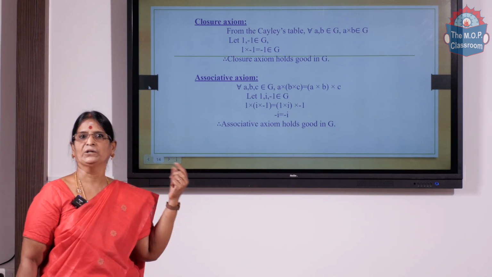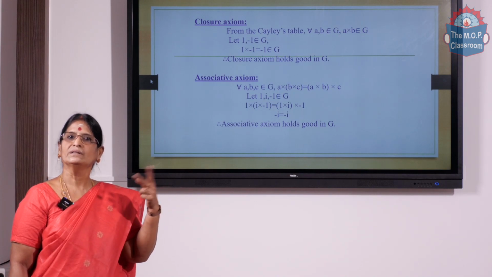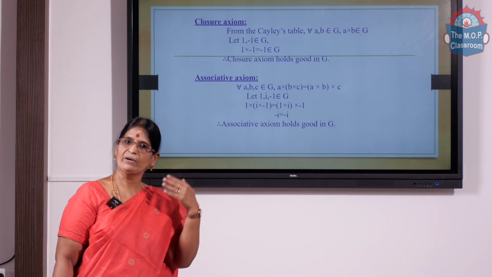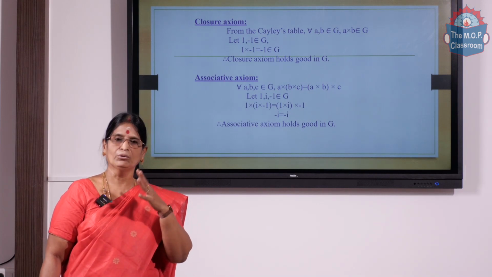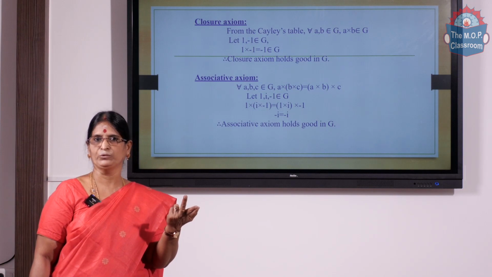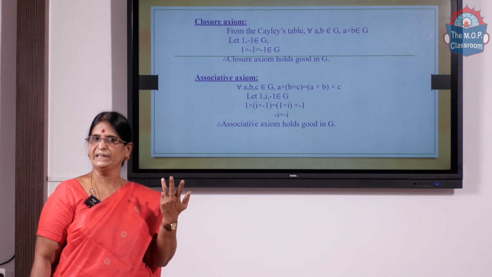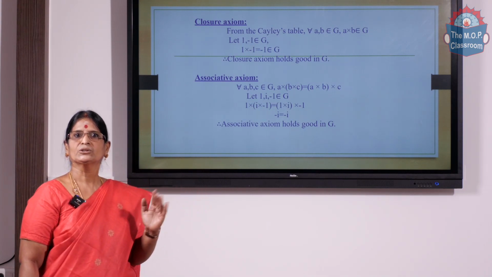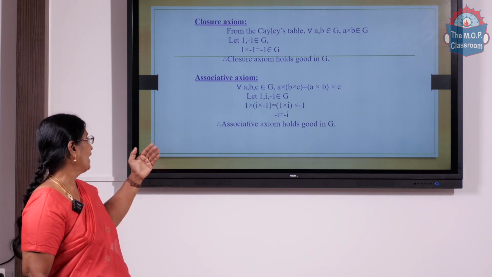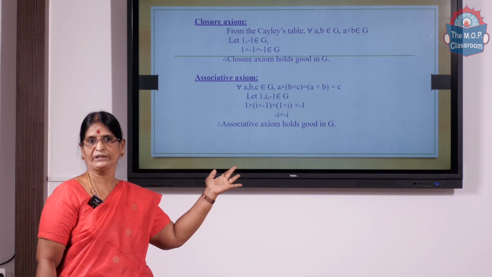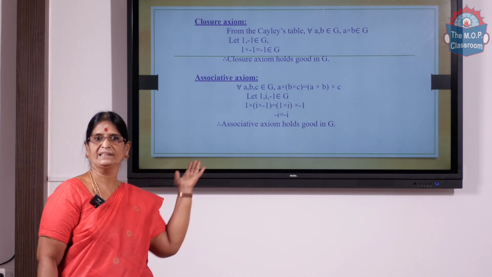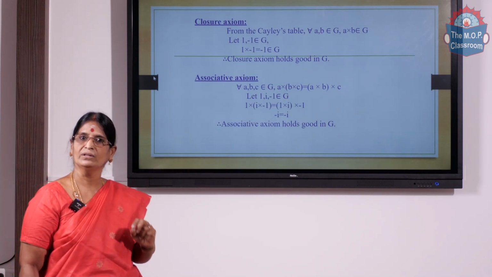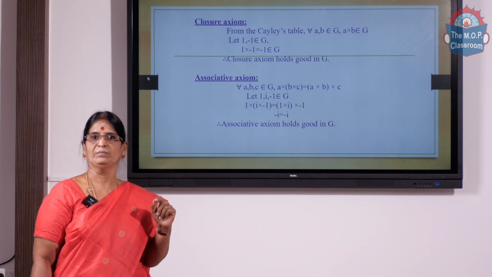Similarly, let us verify the associative axiom. Let us call 3 elements. Do we have to take all 3 distinct elements? No, any 2 elements could be equal also, or one element might be different. In any order, you can call any 3 elements of G. For example, let us take 3 elements here. I have applied the associative test on these 3 elements. Let us check both sides are equal. We are getting both sides equal. So the associative axiom holds good on the elements of G.